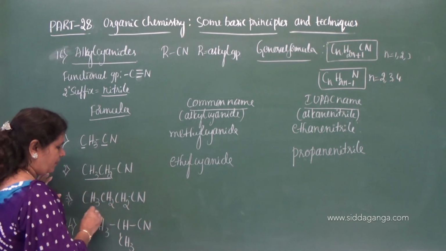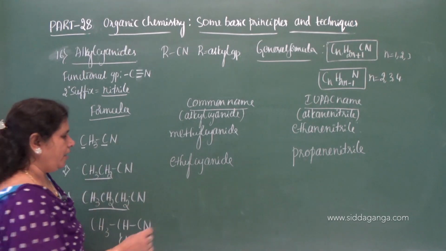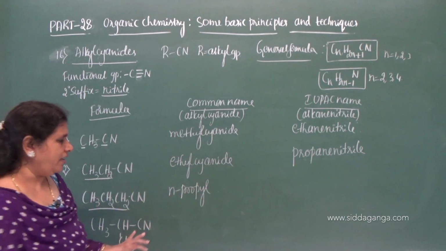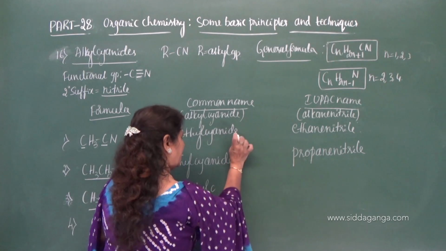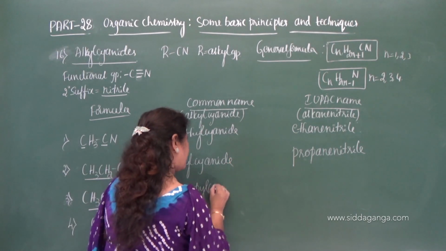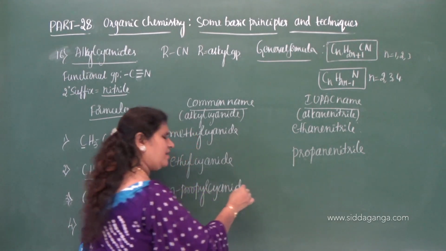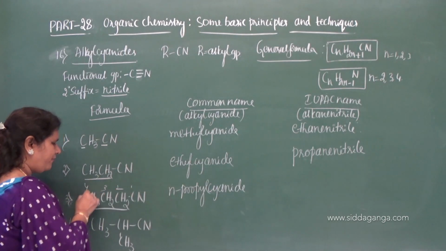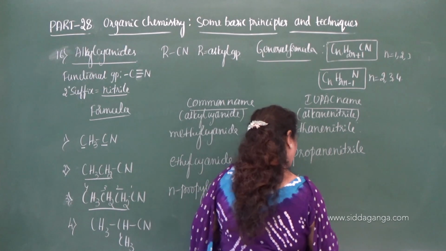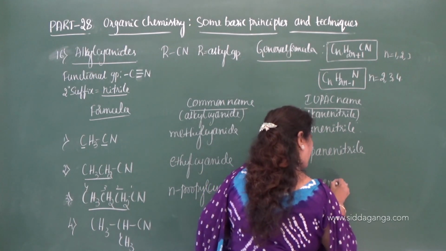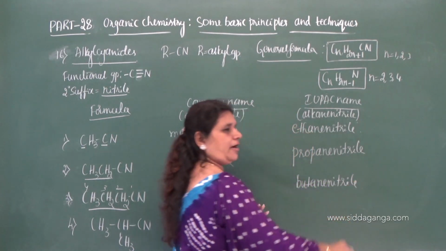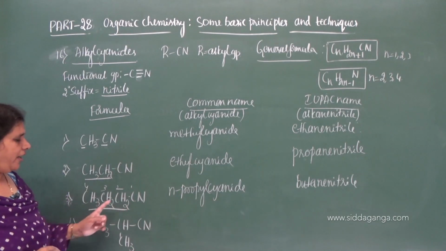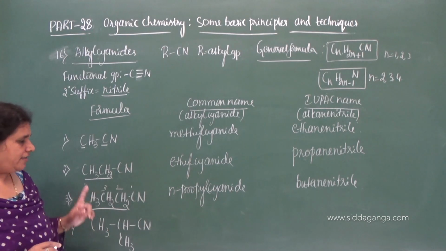Now 1, 2, 3. 3 carbon atoms are there in the alkyl group, therefore it is N-propyl, and the 3 carbon atoms are straight. Sorry, N-propyl cyanide, normal propyl cyanide. But total carbon atoms 1, 2, 3, 4. So what's the name? Butane nitrile. Including the carbon atom of the functional group, the total number of carbon atoms is 4, therefore butane nitrile, and we need to give preference to cyanide, which is the functional group.